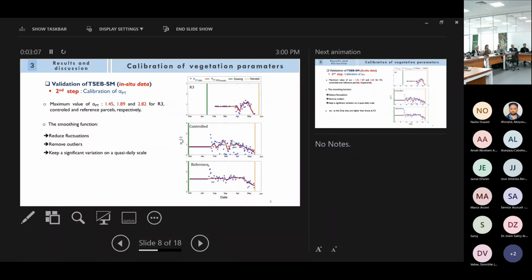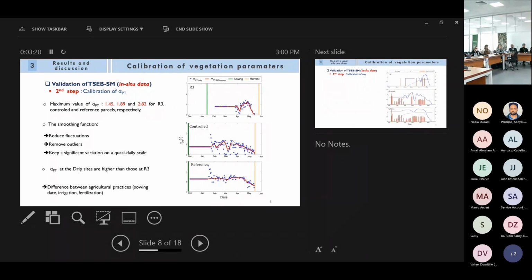To reduce the fluctuations, remove the outliers, and also keep a significant variation on a quasi-daily scale, we apply a smoothing function. And as you can see for Archi, when we smooth the variation of the coefficient, there is a small variation of the alpha PT signal, because